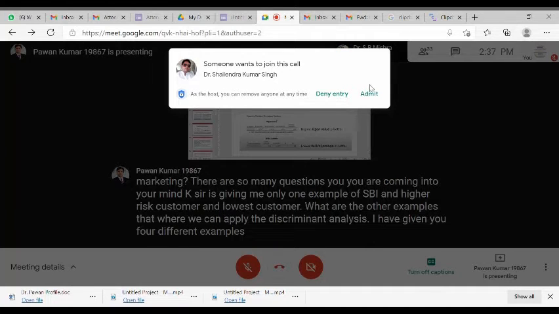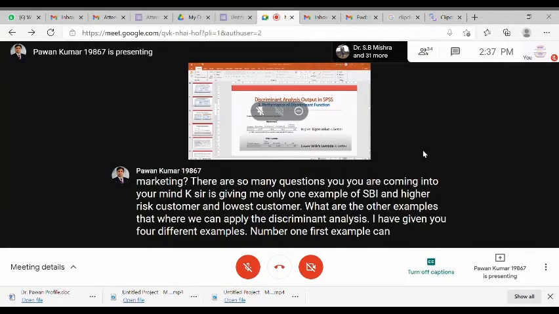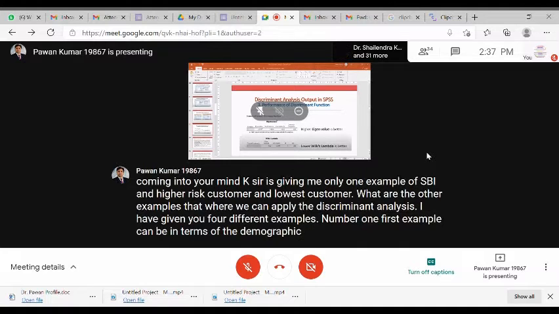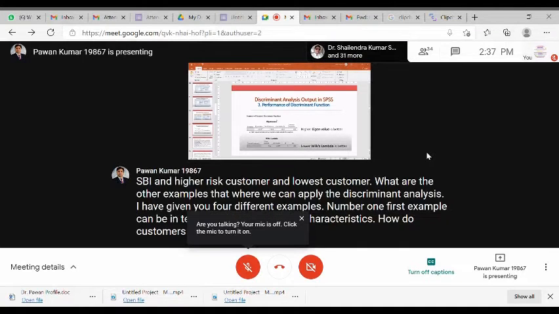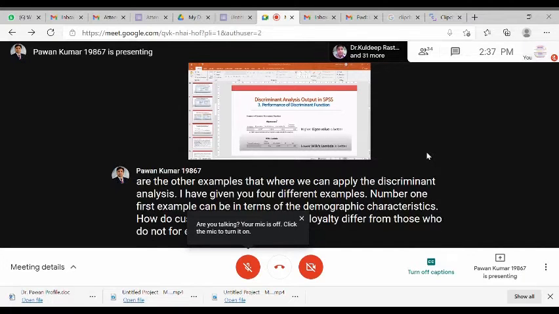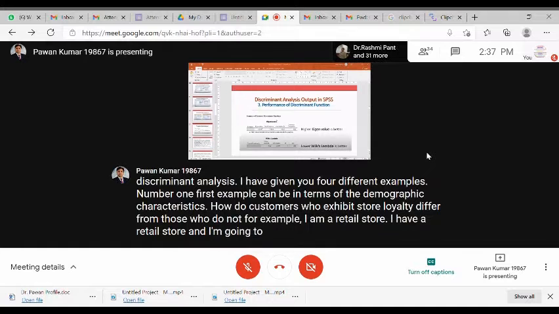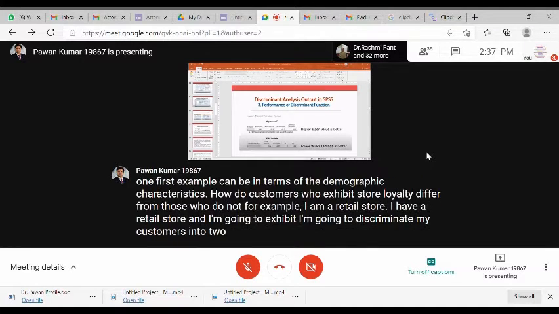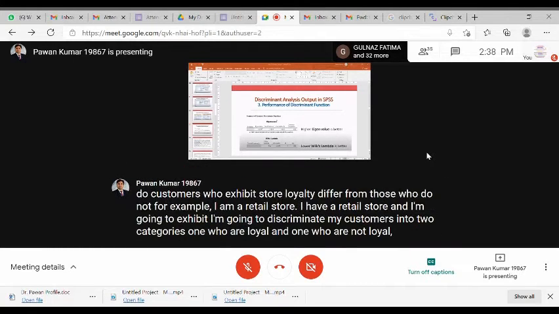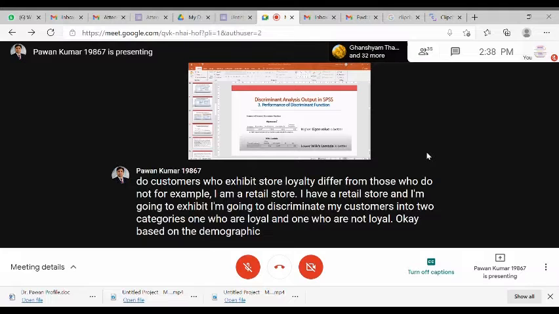Number one, in terms of demographic characteristics: how do customers who exhibit store loyalty differ from those who do not? For example, I have a retail store and I am going to discriminate my customers into two categories, those who are loyal and those who are not loyal, based on demographic characteristics. Then I can go for discriminant analysis.